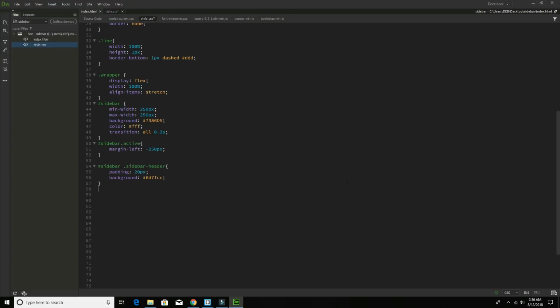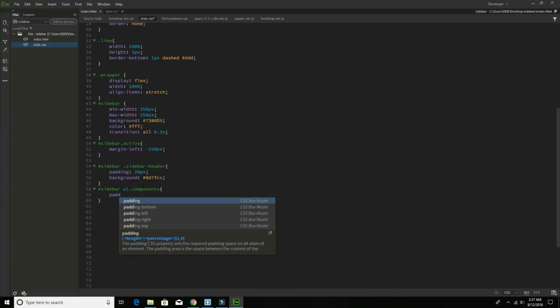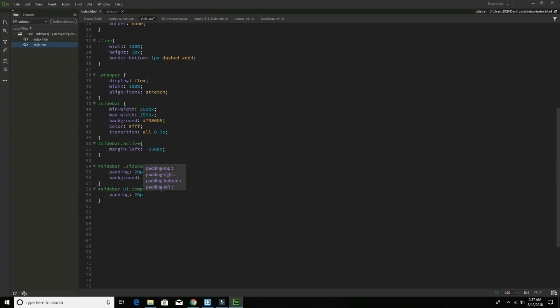After that sidebar header, it has sidebar, dot sidebar, after that ul and components, in second bracket padding, let's give 20 pixel, 0 pixel, and after that border bottom